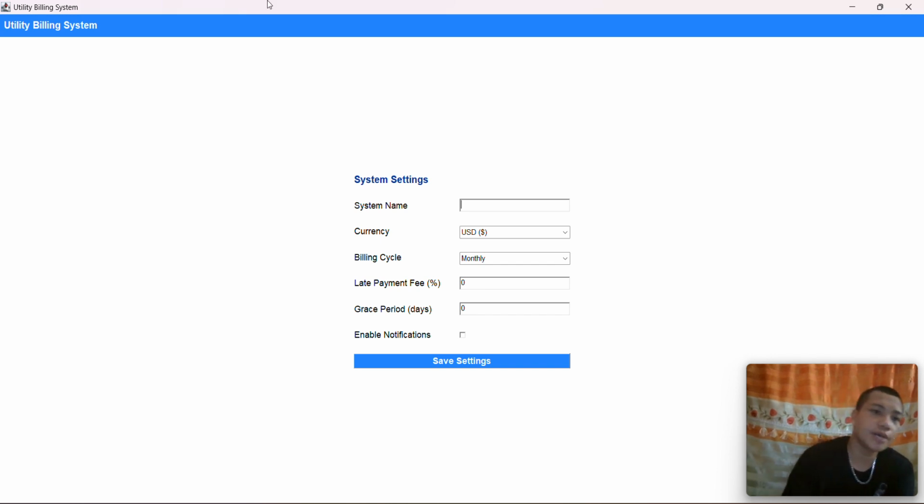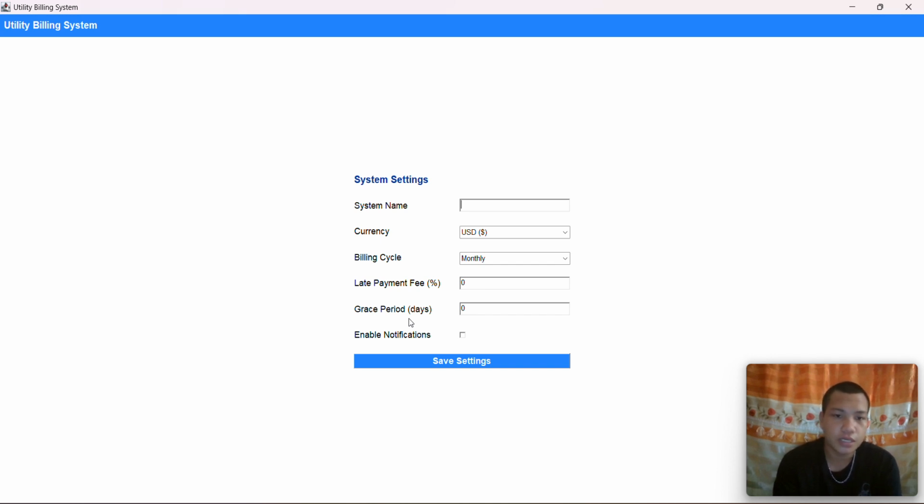At the top we have the header panel in blue. It's likely the same as in my previous presentation. This contains the title of the system, and here in the center is the container panel with form elements.